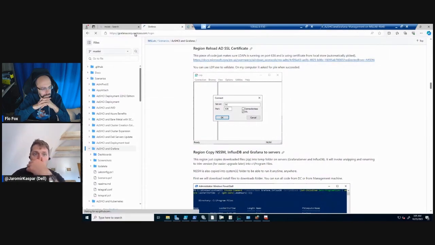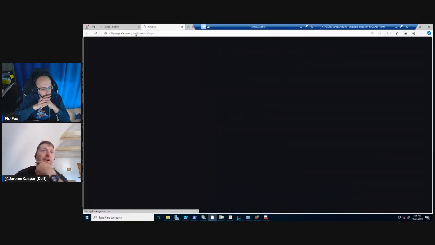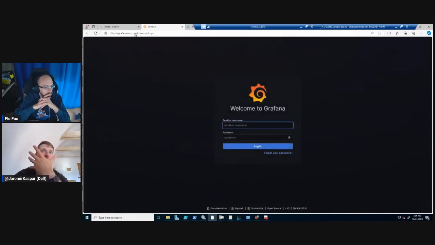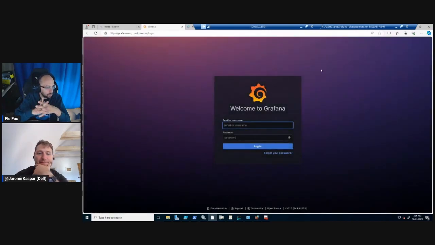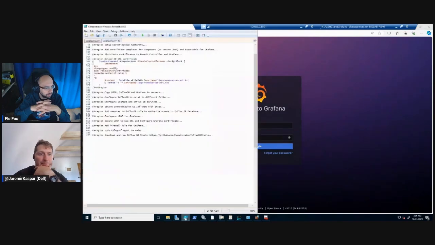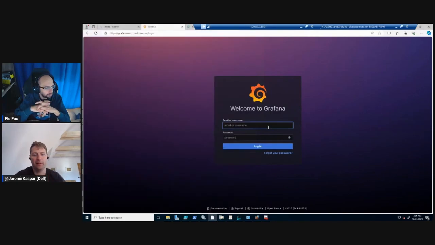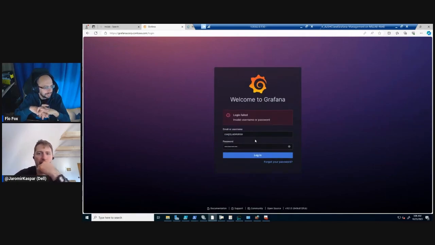And I should be able to see the login screen for Grafana. Easy, right? Yep. What is the next step? Yeah, I think we should now be able to authenticate using corp\lab admin and the setup password. This is my super secret password. See? Now we have, okay, lab admin,